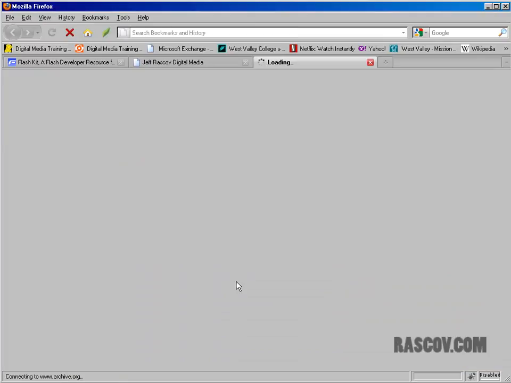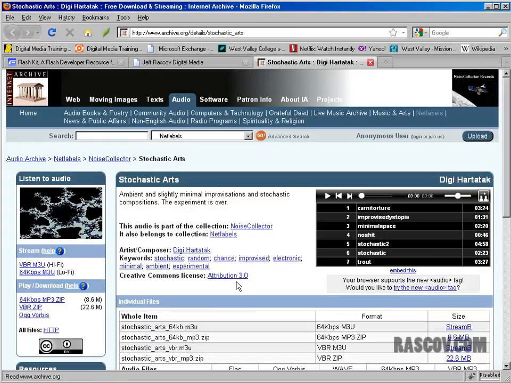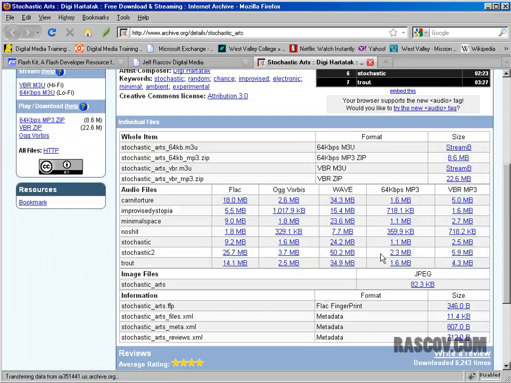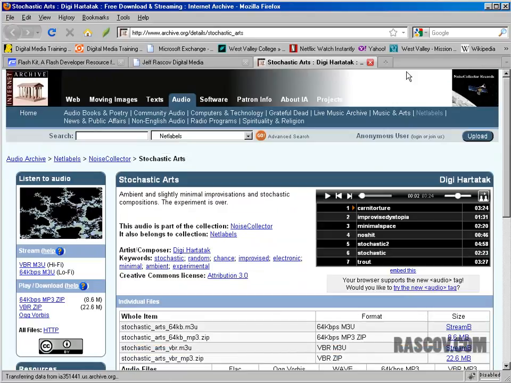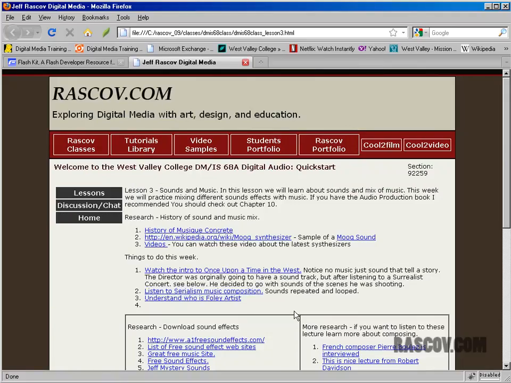Then there's a link here to surrealism sounds, and these are just kind of sound effects in nature and things. I'm sure there's a lot of other ones. So that's just some samples. The other thing that's nice about doing research on archive.org is that a lot of the music you can download in any format. We talked about some of the formats in the first lesson. I had some reading about WAV and MP3. In this case, you could download WAV and MP3s. A lot of these you can download and listen to and use in your projects if they're free and open source.